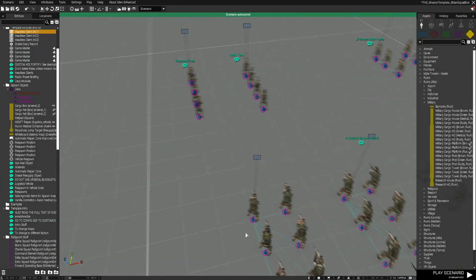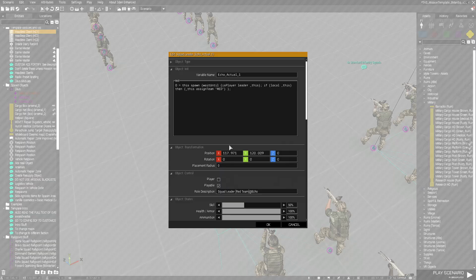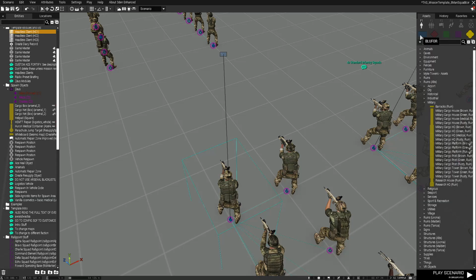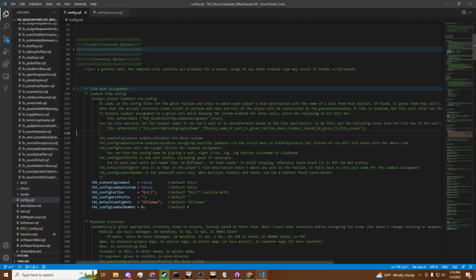So it looks at their role name. For example, for the squad leader, it would be squad leader. It'll ignore anything in brackets or after the @ sign. So you would enable the system by setting this to true, and then you would change the TAS config faction, which